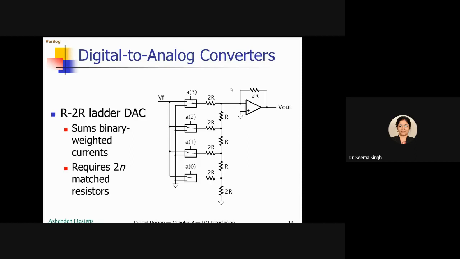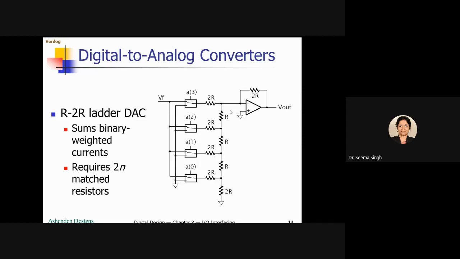1001 means this 2R is there in the circuit. This 2R is there in the circuit. But here if it is 0, there is no voltage here. So no voltage in this second 2R. No voltage in this second 2R means this is an open circuit. This 2R becomes open circuit. This 2R also becomes open circuit. I told 1001. So 1 is here. So what is happening? What all is there in the circuit? You have this 2R. This all is with respect to ground.